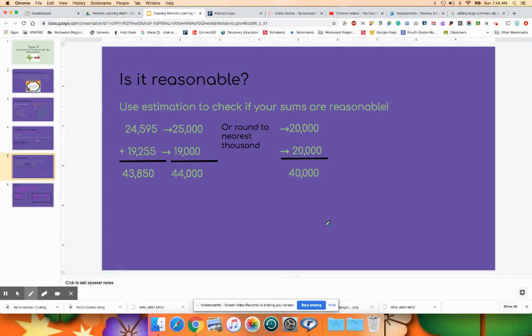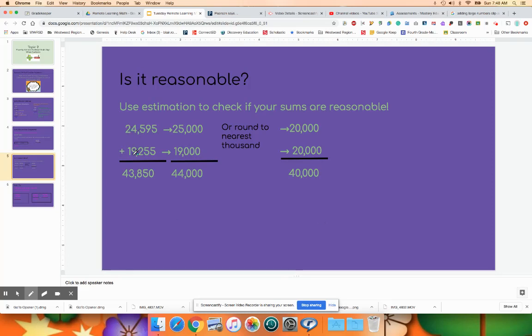And the idea is, is my answer reasonable, right? If I did 100 plus 200 and my answer was 30,000, I know that isn't reasonable. That doesn't even make sense. So it's sort of just like, does it pass the does-it-make-sense question? So usually you would do some sort of estimating to check if something is reasonable. So here we have the question